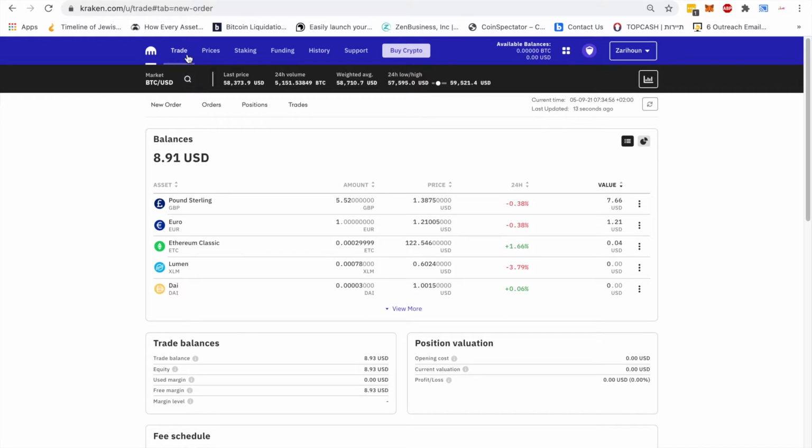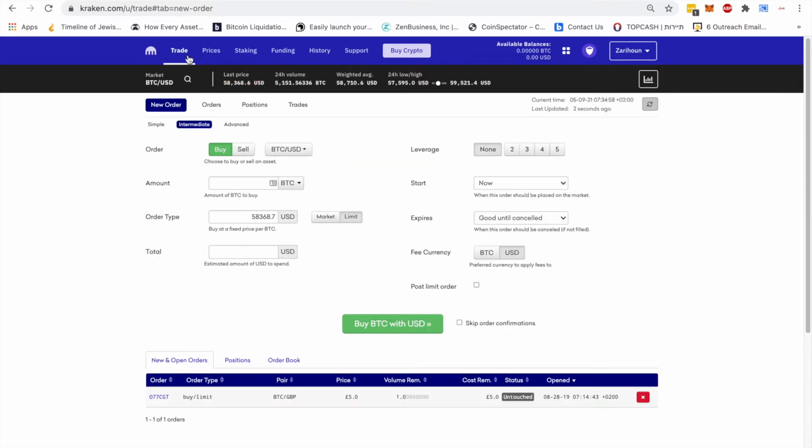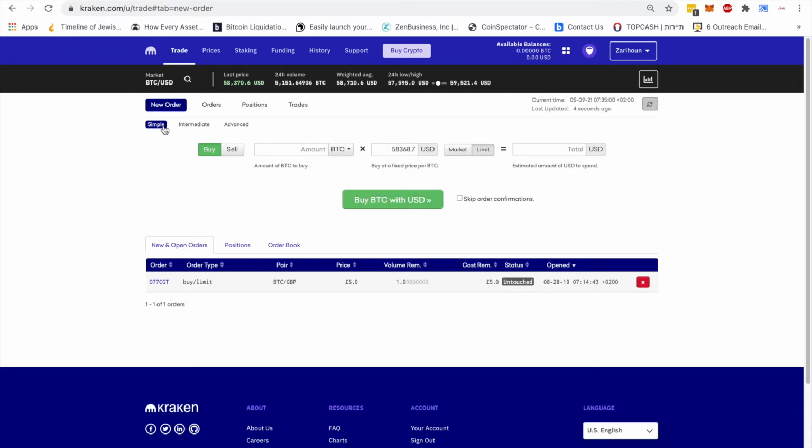Now, if you want to open and trade, you literally just come here and open and trade. You have the option to open a new order, which is very simple. You put the amount of units you want to buy of the relevant cryptocurrency. In this case, the default is Bitcoin. You can obviously change it as you want. You have the current price of Bitcoin, and then you have the option to buy based on the market value. So basically, you're going to buy as many Bitcoin units as you want for the current market price.